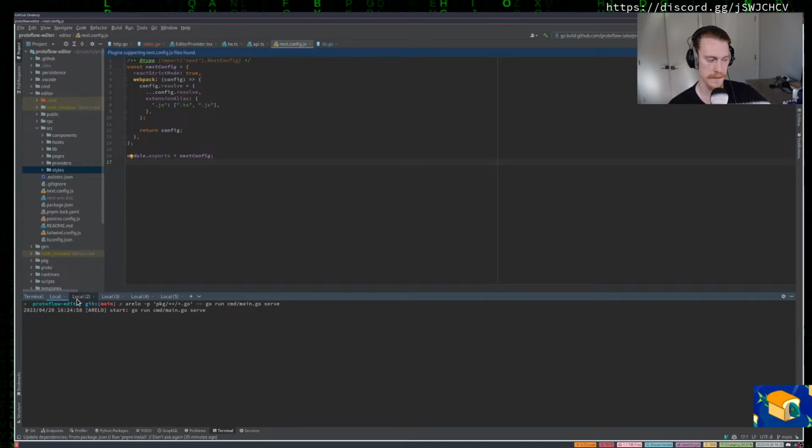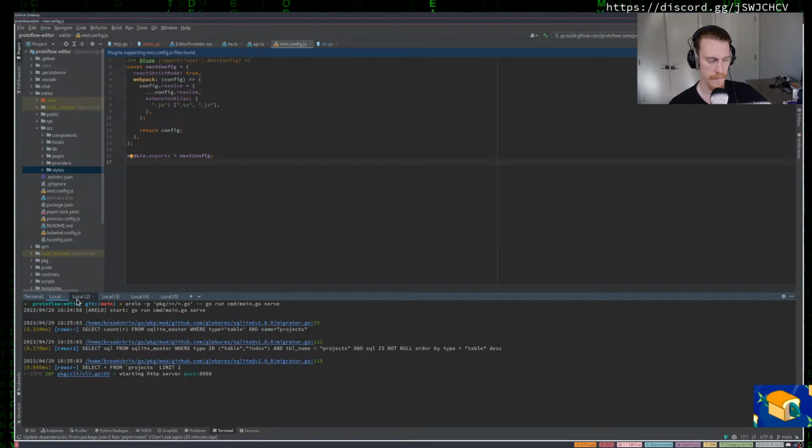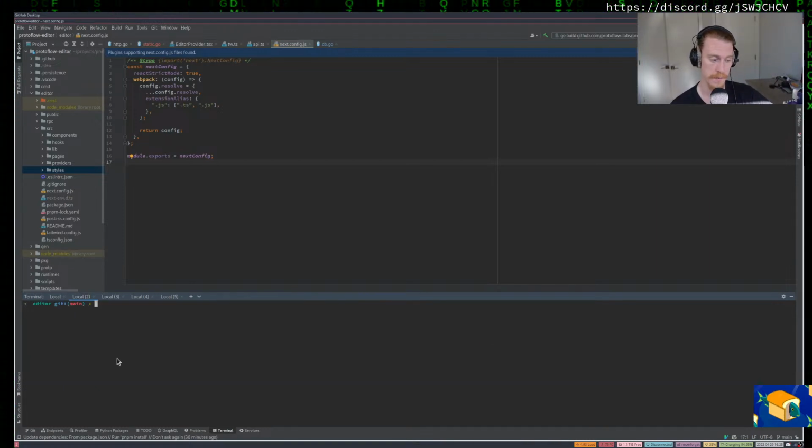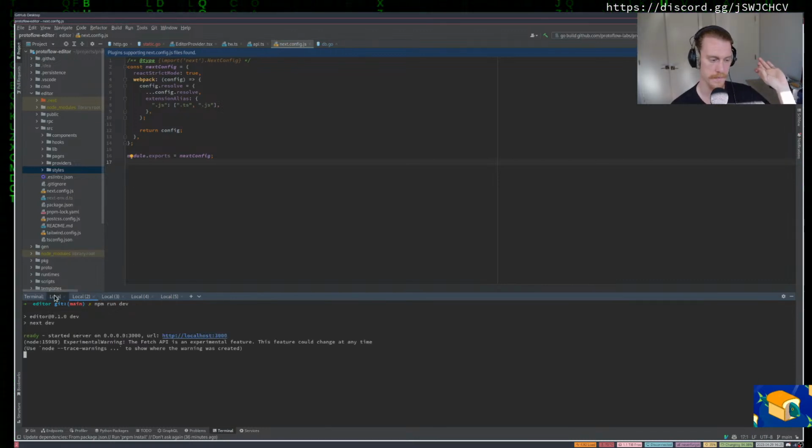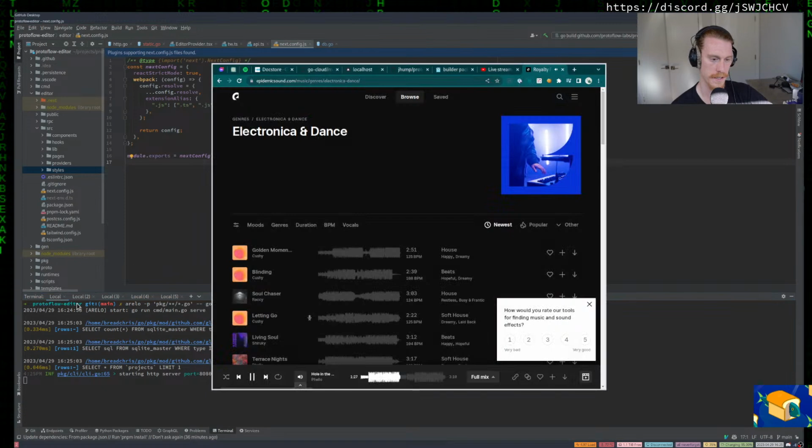My goal with this is that ideally there's one command you need to run. You just need to say protoflow. And by running protoflow, we're still in development, so we don't quite have that experience yet, but by running just protoflow, what you would get is a